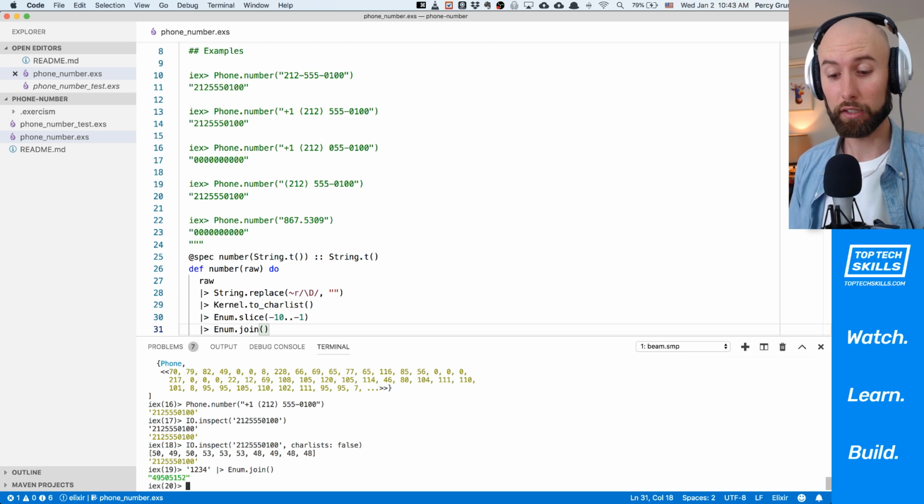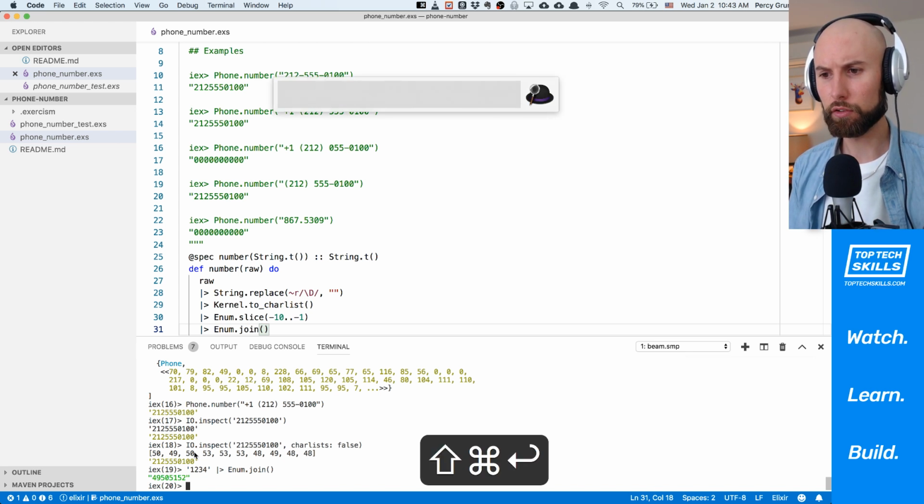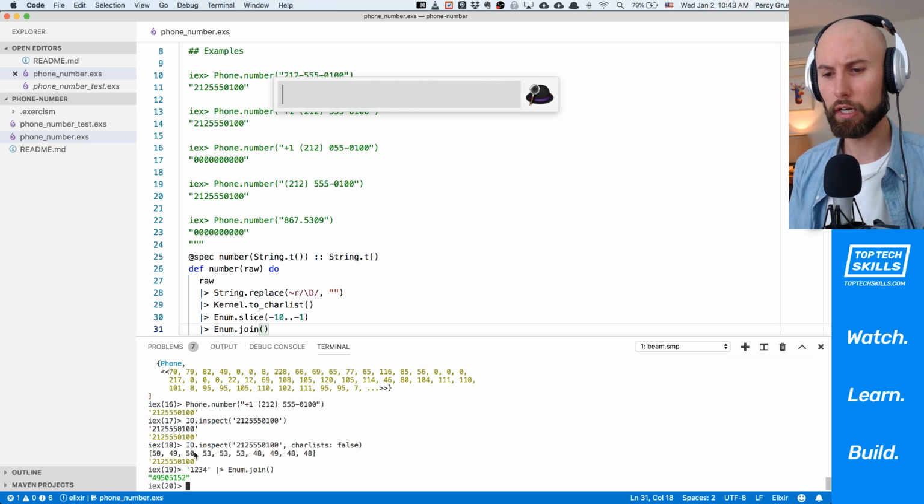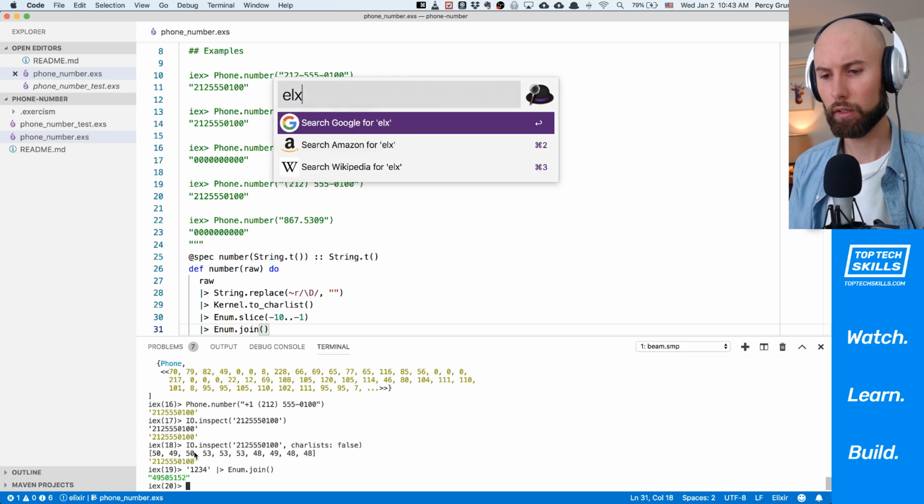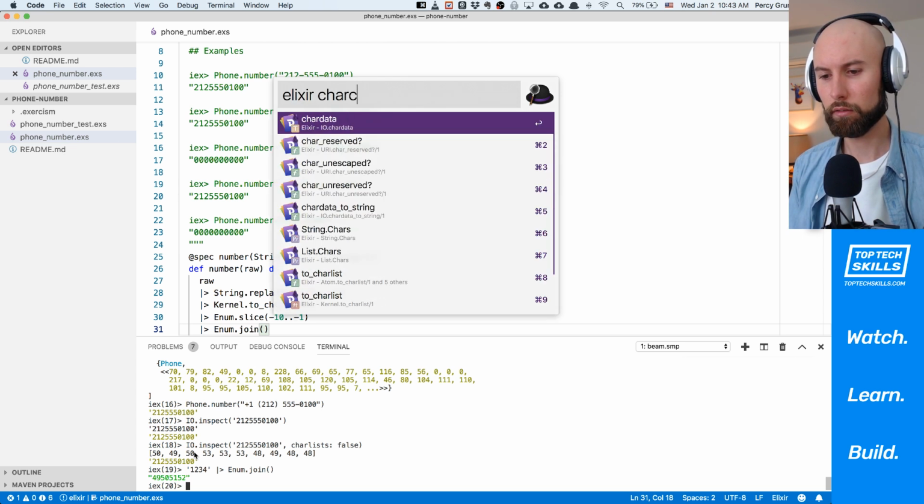this isn't going to work exactly the way we expect, because what it's done there is joined the integer char codes. It's converted each one of those into a string. I can't remember if there's a way in Elixir to turn a char list into a string without using the underlying char code thing. So let's have a look. Let's see if there's any